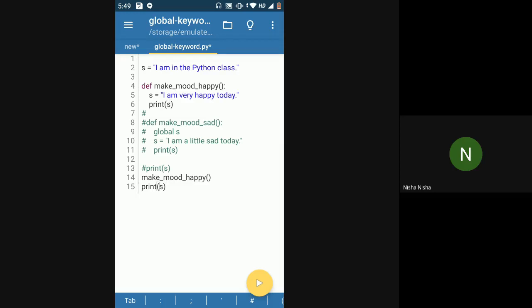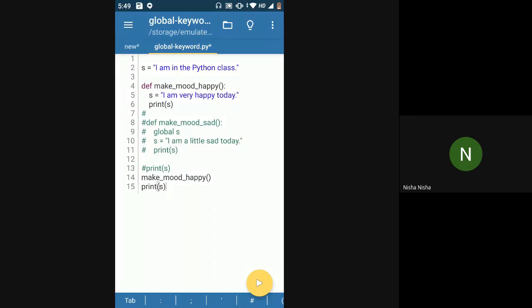Any questions on this? The s that is the global variable, and the s that is present inside the function, which is a local variable, are two different variables. They are not the same even though their name is the same. When I type print s, whichever is my local variable, only that will be reflected.